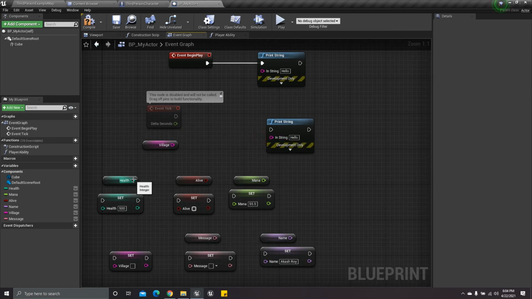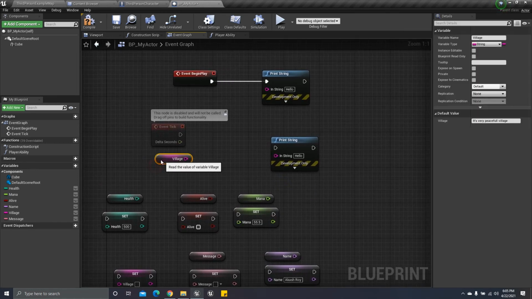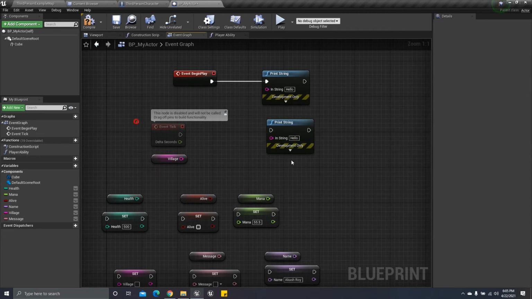If I try to connect this one, first it will indicate that this is not the exact data type, or that it is the wrong data type. First it has to be converted into a string. If I connect here, you can see there is a converter node which converts the integer into a string. Same for the other color codes as well. This is not the right color, so it will again convert it to the exact data type. Same for this, same for that. That's very useful to recognize which node is taking which data type of variable.